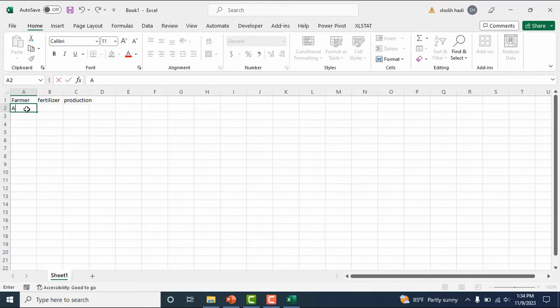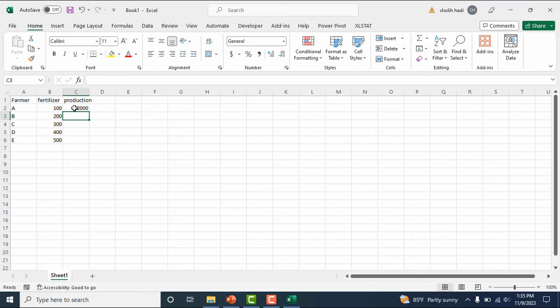We have 5 farmers: A, B, C, D, and E. The fertilizer is 100 kilograms, then 200 kg, then 2 tons, and this one 2 tons also.